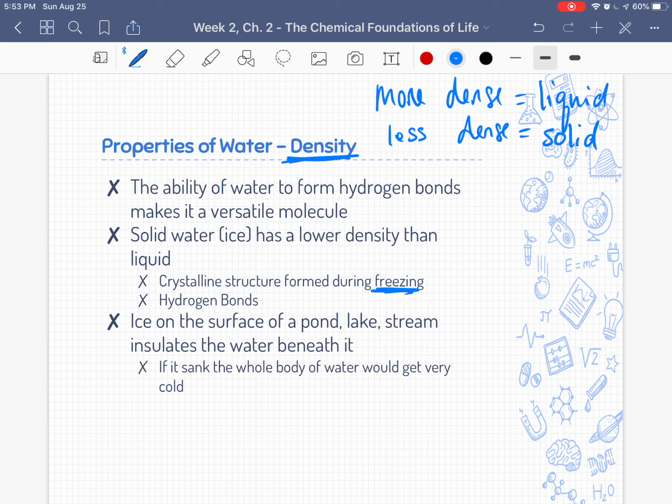So this is why, for instance, ice will float on the surface of a pond. When it does that, it helps to insulate the water that's below. So let's just think about ice. If the ice were at the bottom of the pond, or the bottom of the lake, the bottom of the stream, then all of the water above it is going to be chilled by that ice, because it's all running over the top of it. But since it's floating on the top, it's forming a layer that insulates the lower part of that pond, or the lower part of that stream. So it kind of helps to maintain that stream's habitat throughout the winter.